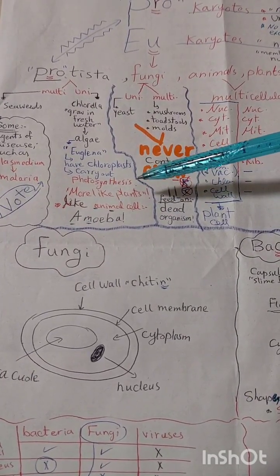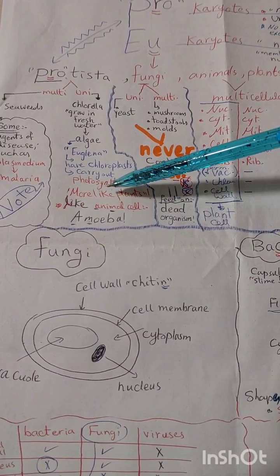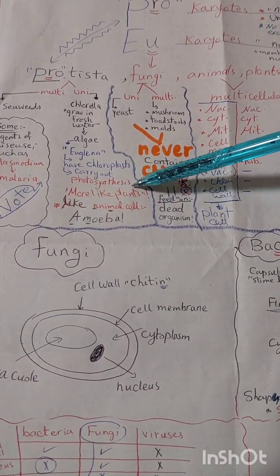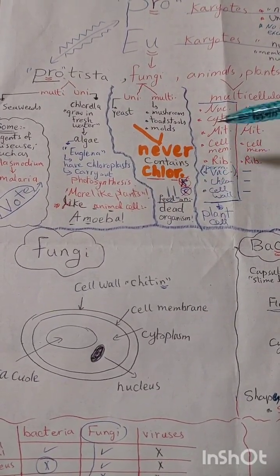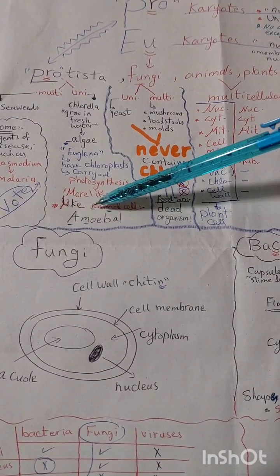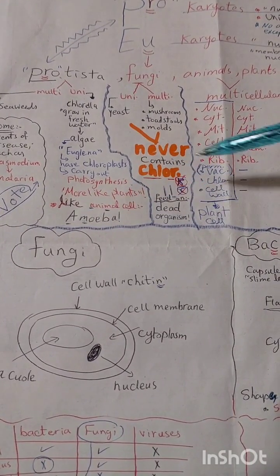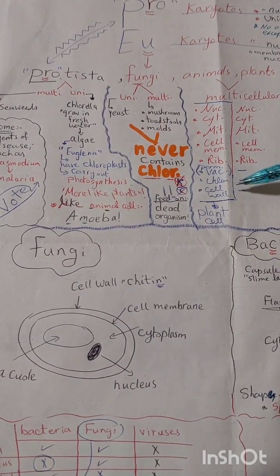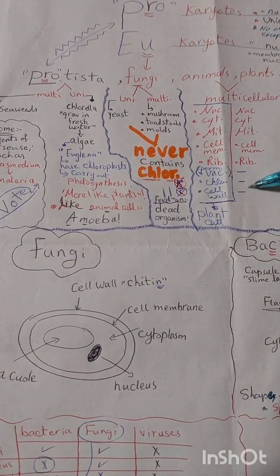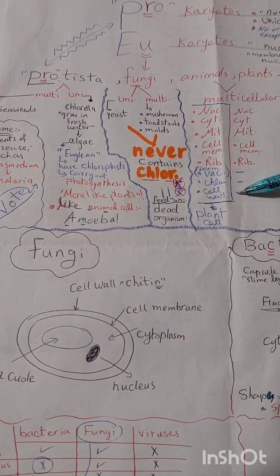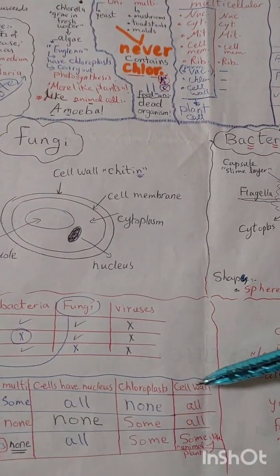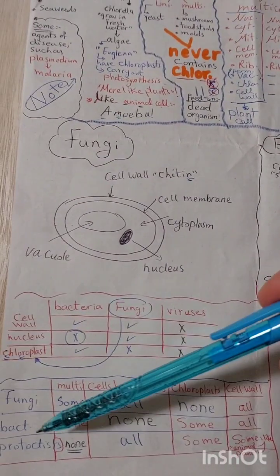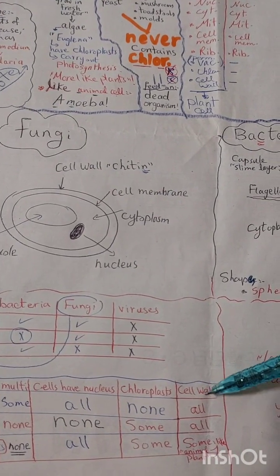And I know you are very intelligent, and when you see plants, you will think about chloroplast. Excellent, very good. And like animal cells, you will think about the difference between plant cell and animal cell. So animal cell doesn't contain cell wall. Excellent. So when you see in the exam here, cell wall for protista, you will write all or none or